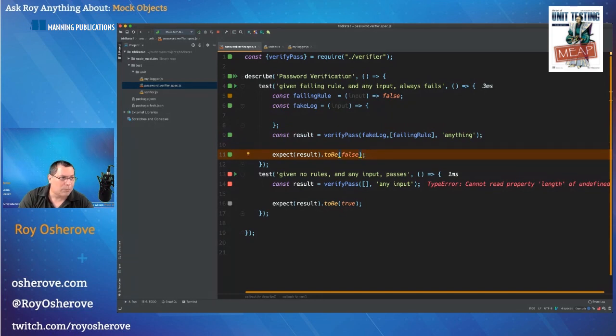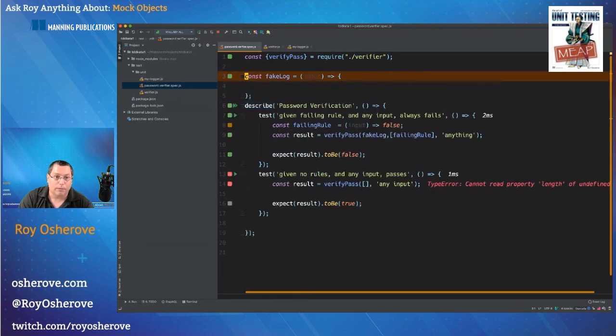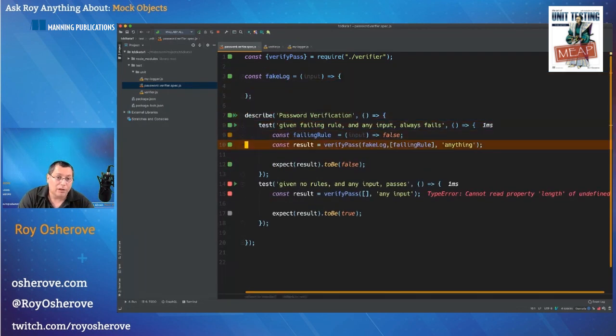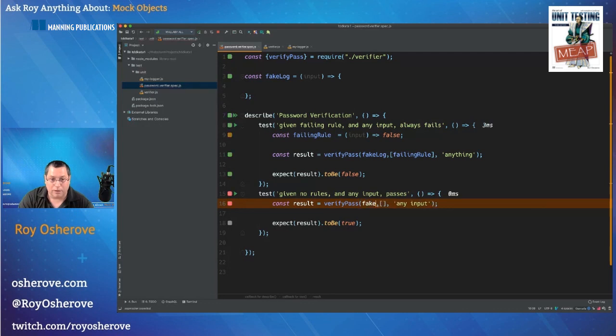I'm giving you the most basic example, but already you can see that I'm using a very basic handwritten stub here. Fake log doesn't actually do anything. And I can do the same thing here, fake log.